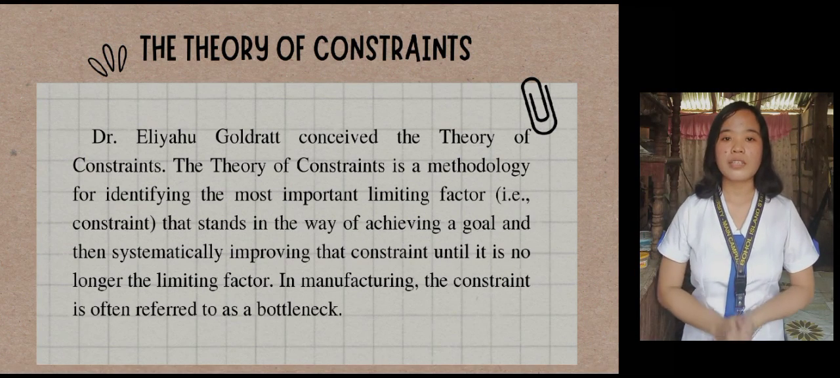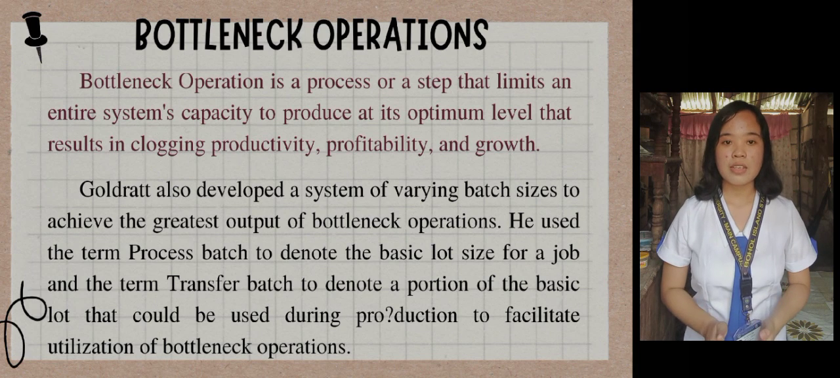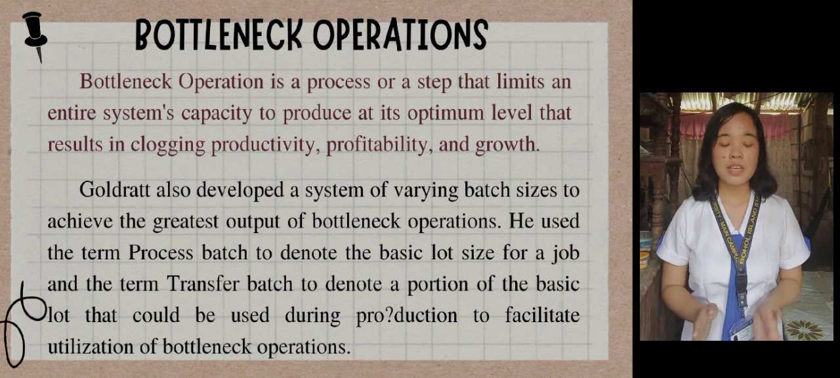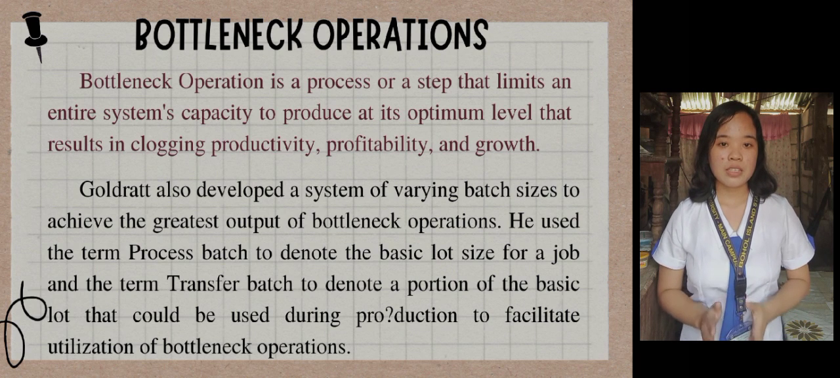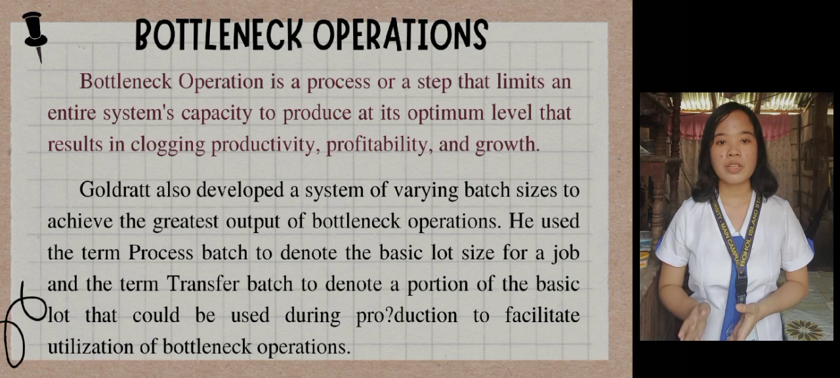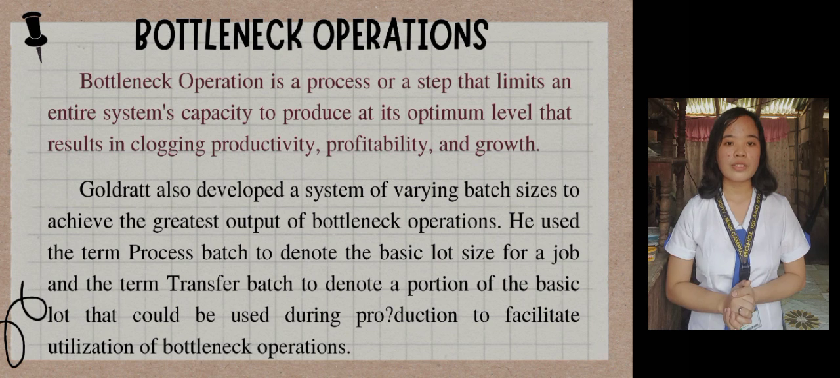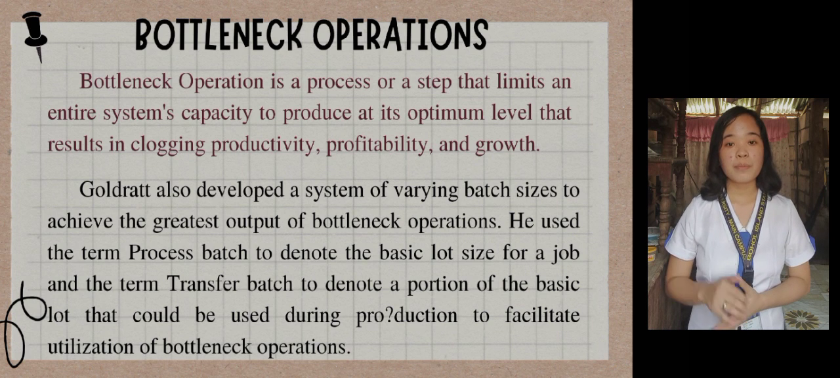So, what is bottleneck operation? Bottleneck operation is a process or a step that limits an entire system's capacity to produce at its optimum level, that results in clogging productivity, profitability, and growth. The simplest definition, a process bottleneck is a work stage that gets more work requests than it can process at